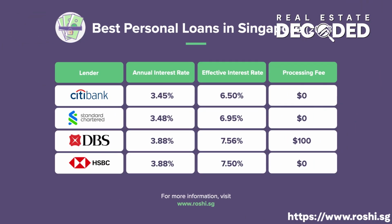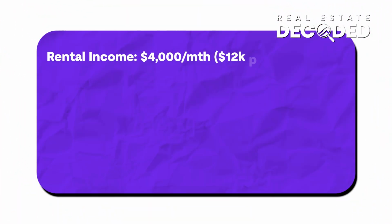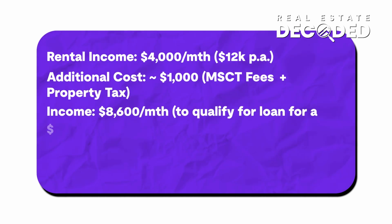And let's say now you are an investor, and this is of course one of the greatest ways, to leverage on your bank loan and take out the maximum loan that you can, meaning to say that you're going to max out your TDSR. So let's say if you have a monthly rental of about 4,000, technically you still got to top up maybe about 1,000, including your MCST fees as well as your property tax. And of course, you should be earning about 8,600 per month